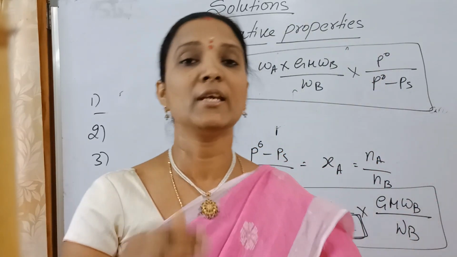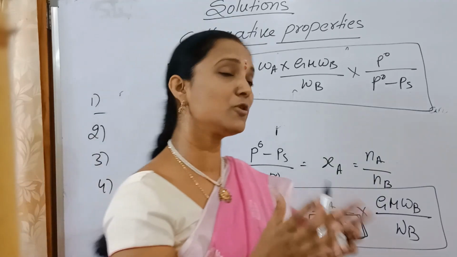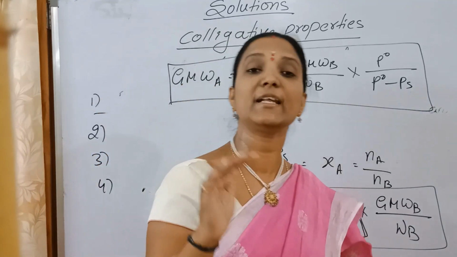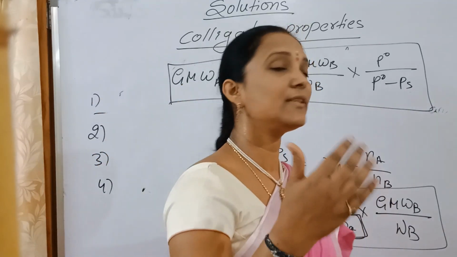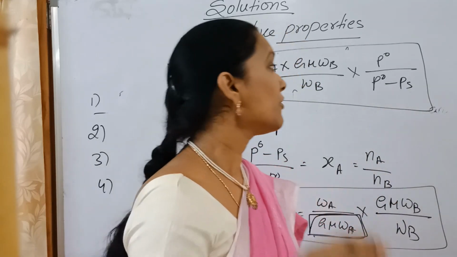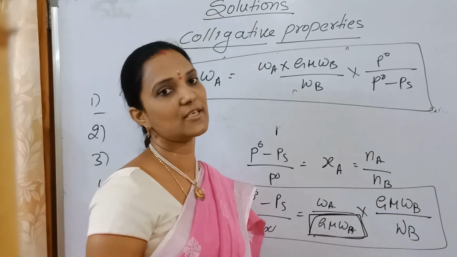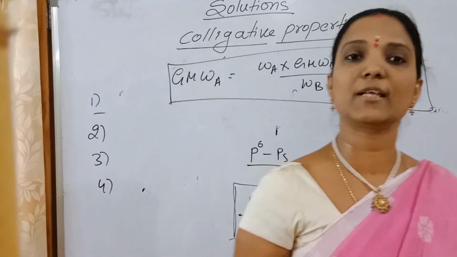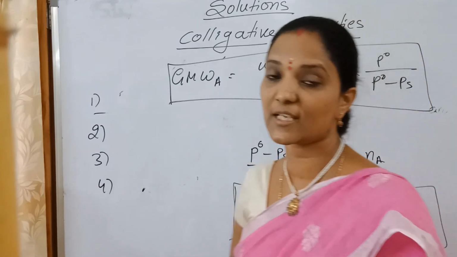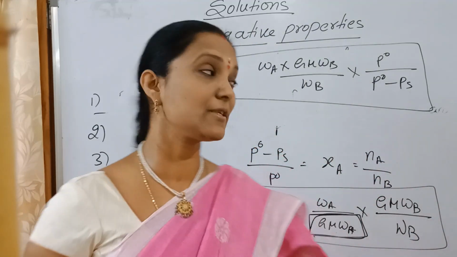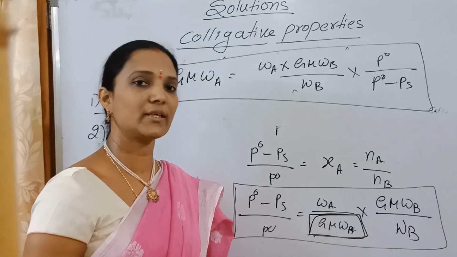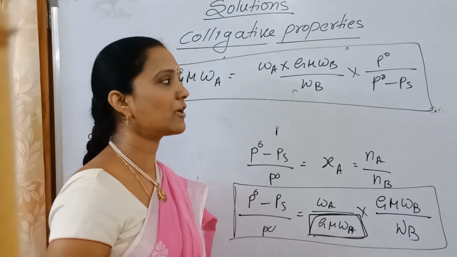What is that vapor pressure? If we are taking a pure solvent that is volatile, it changes to vapor at equilibrium stage. If it is in a closed container, then that vapor exerts some pressure on the liquid surface. So the pressure exerted by vapor on its liquid surface is the vapor pressure. If any non-volatile solute is added, then its vapor pressure decreases. That decrease in vapor pressure is called lowering of vapor pressure. That is represented by P naught minus PS. The ratio we are taking is the relative lowering of vapor pressure.